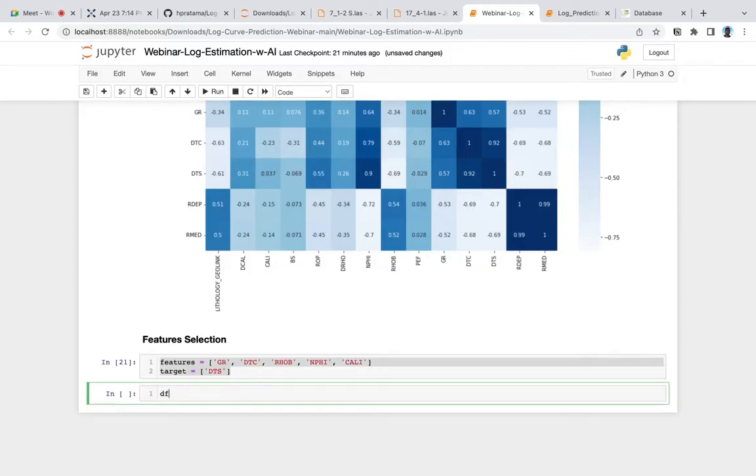And then we build a new data frame based on the features and the target.